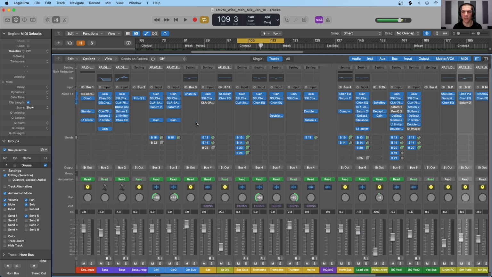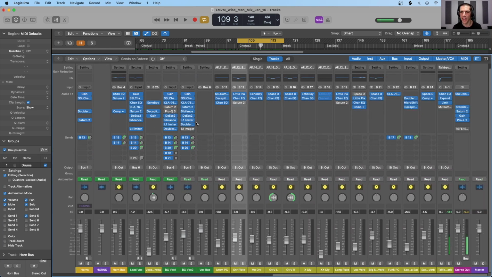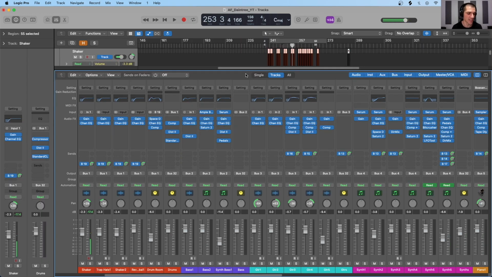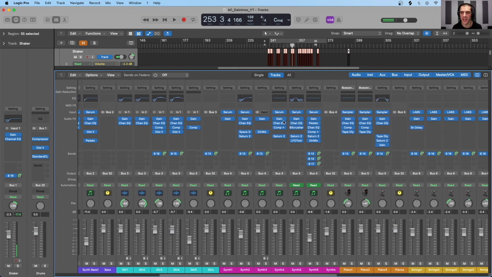All right, next up is the tape delay, which I am not using in this session. So let's quickly move back to the production session. As the name would suggest, the tape delay emulates a tape echo machine. Logic's not specific with which tape machine this delay actually emulates, but it does emulate the sound of tape delay,